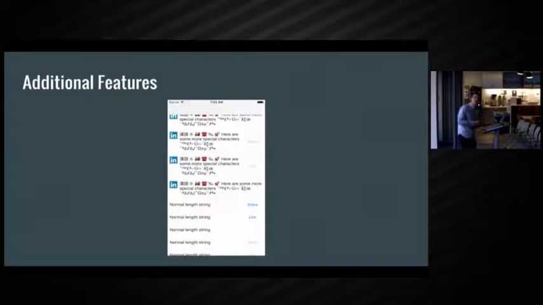There are a few additional features. I'm not going to go into a lot of detail, but you can test reuse of cells. So instead of creating a new instance of the cell for every iteration of the test, you can create one at the start and reuse the same cell every time. This is good because this is what happens in table views and collection views. So you're testing this flow of binding new data to a cell which has old data bound to it.